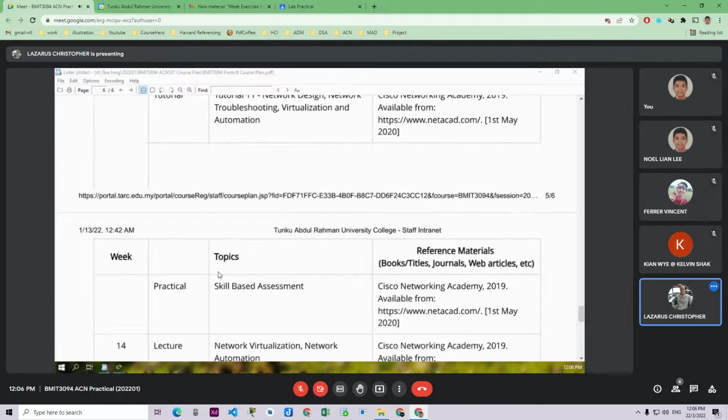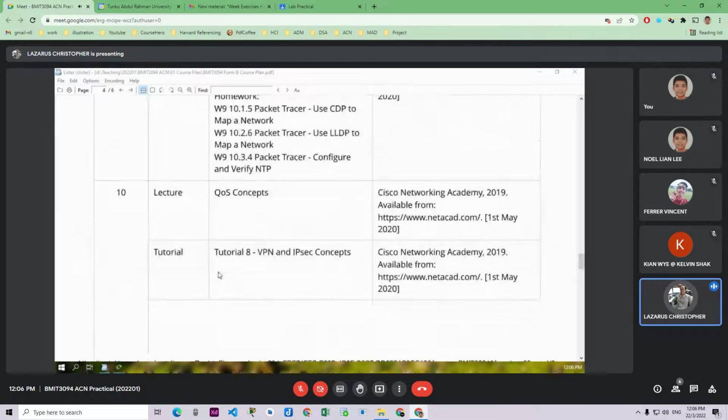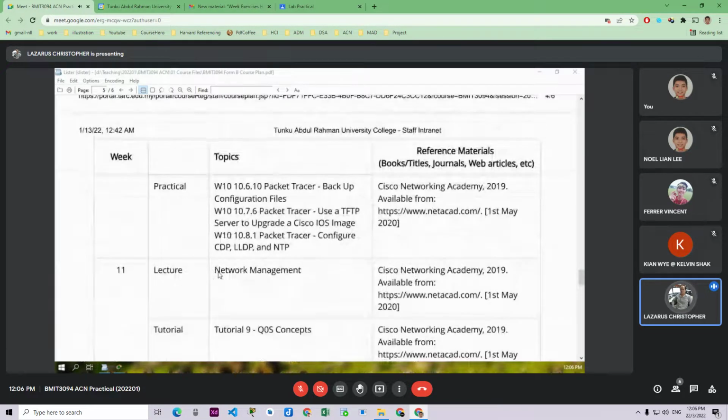Now, coming back to this week, we have three exercises. When you look at the exercises, actually only the third one is a continuation from the previous week, which is configuring CDP, LLDP, and NTP. The other two